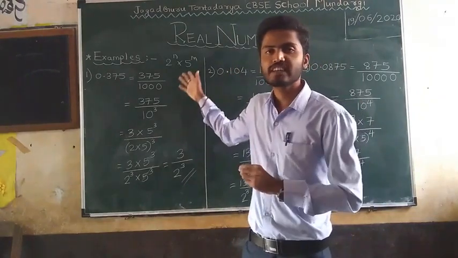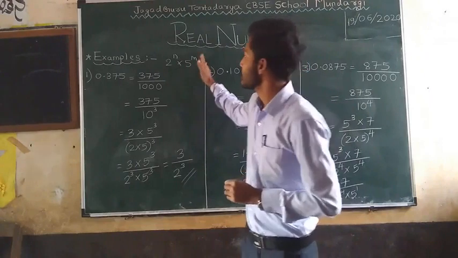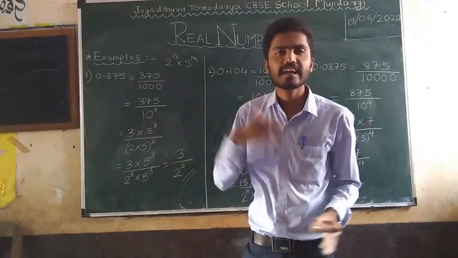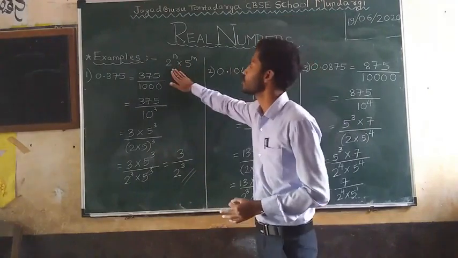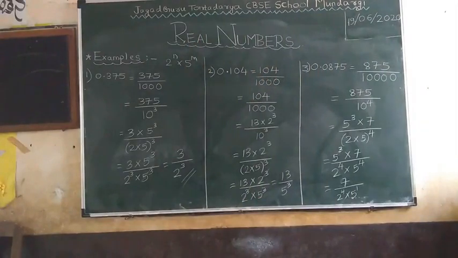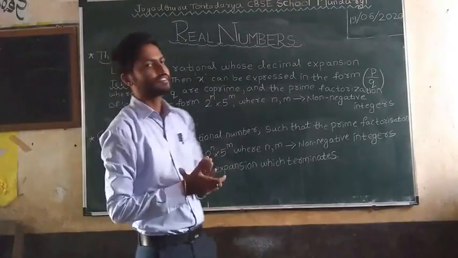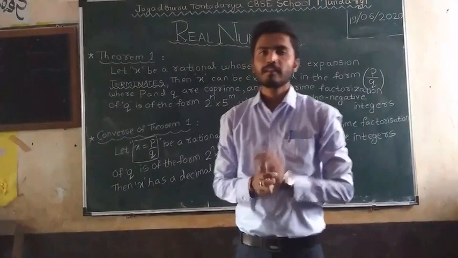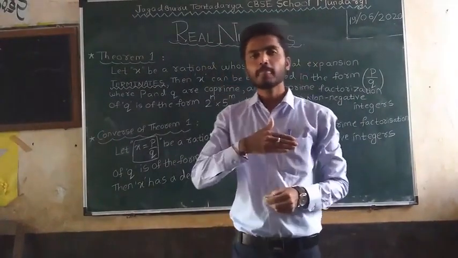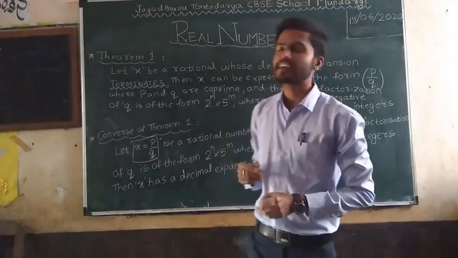Okay, now we shall solve some examples on how to classify the given set of numbers as rational and irrational based on 2 raised to n into 5 raised to m. Now that we know how to classify a number as rational or irrational depending upon the denominator of the given fraction,